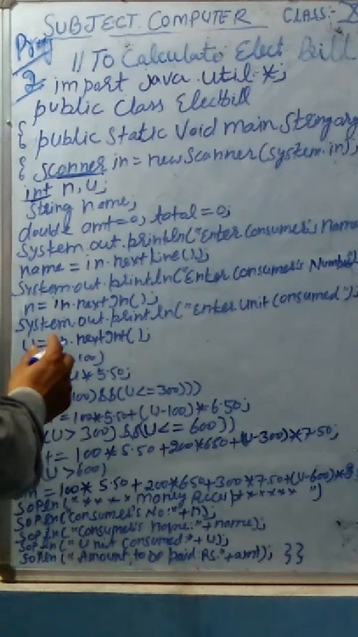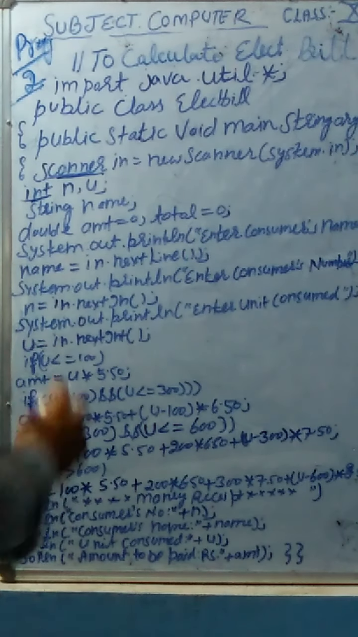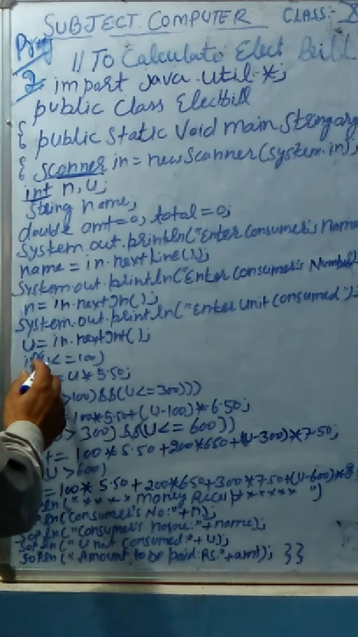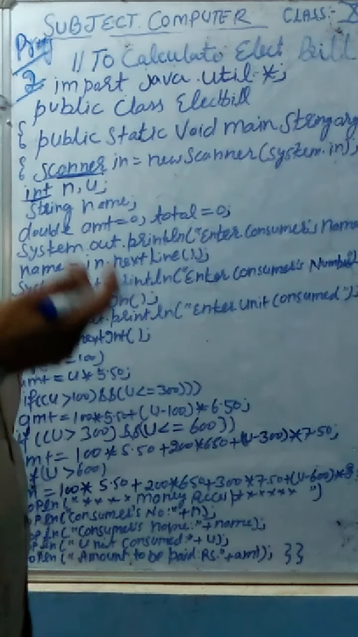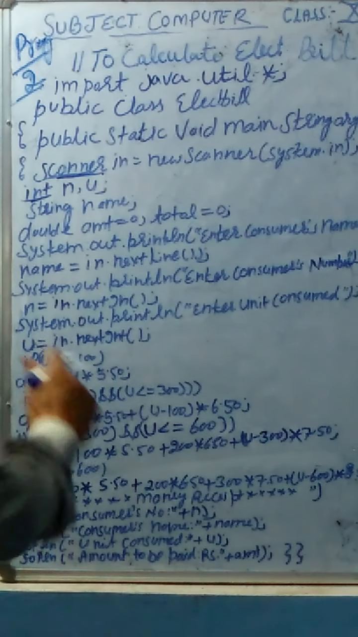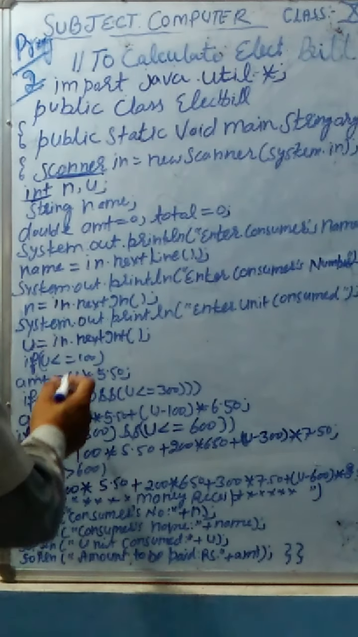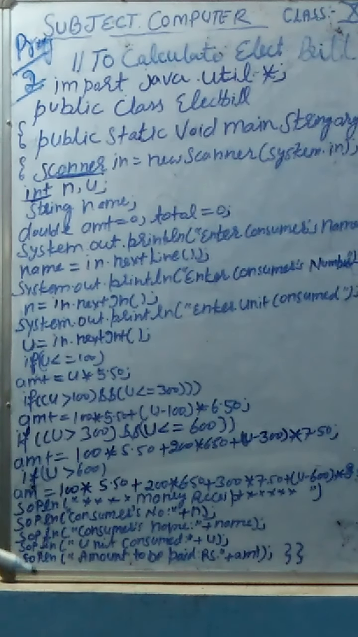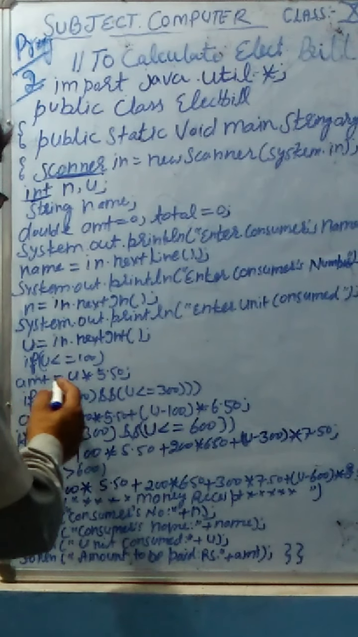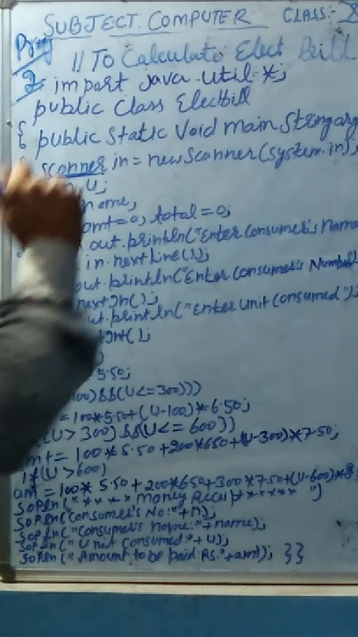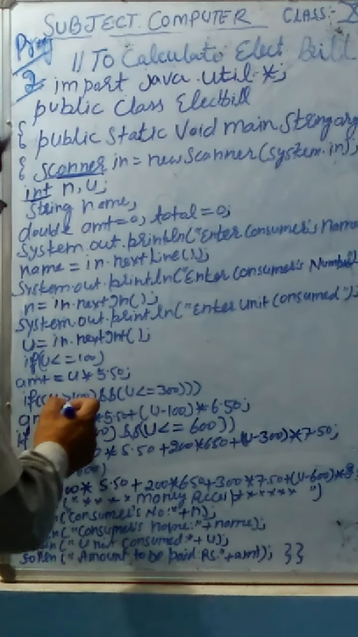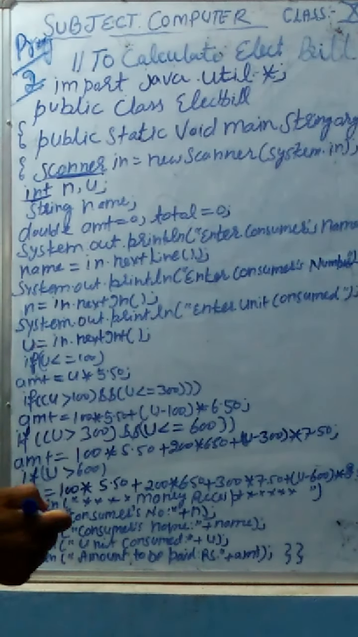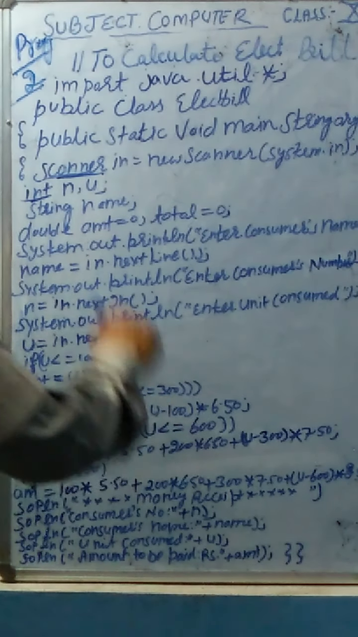Now next it will check if unit u is less than equal to 100, maybe 98, maybe 97 till 100. So then charges will be unit multiplied by 5.5 rupees. So amount is equal to unit multiply 5.50. Now if the unit is greater than 100 and unit is less than equal to 300,